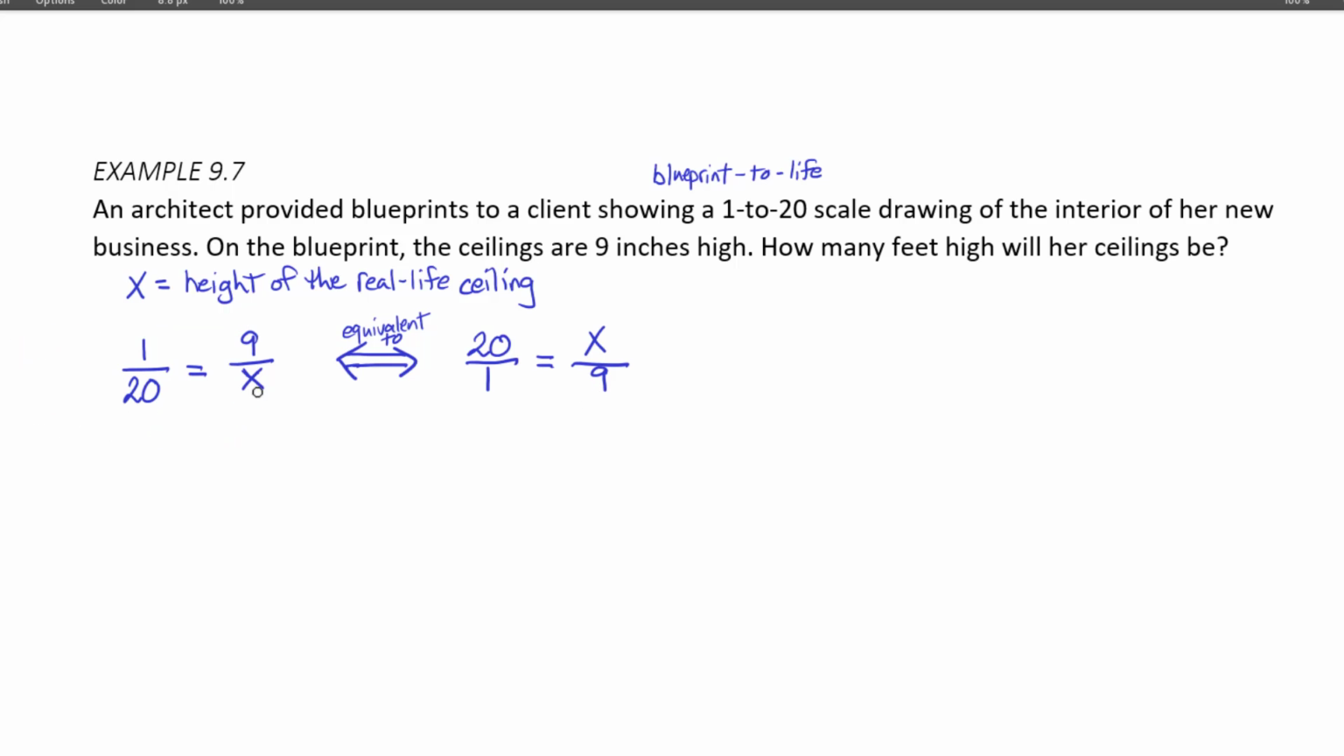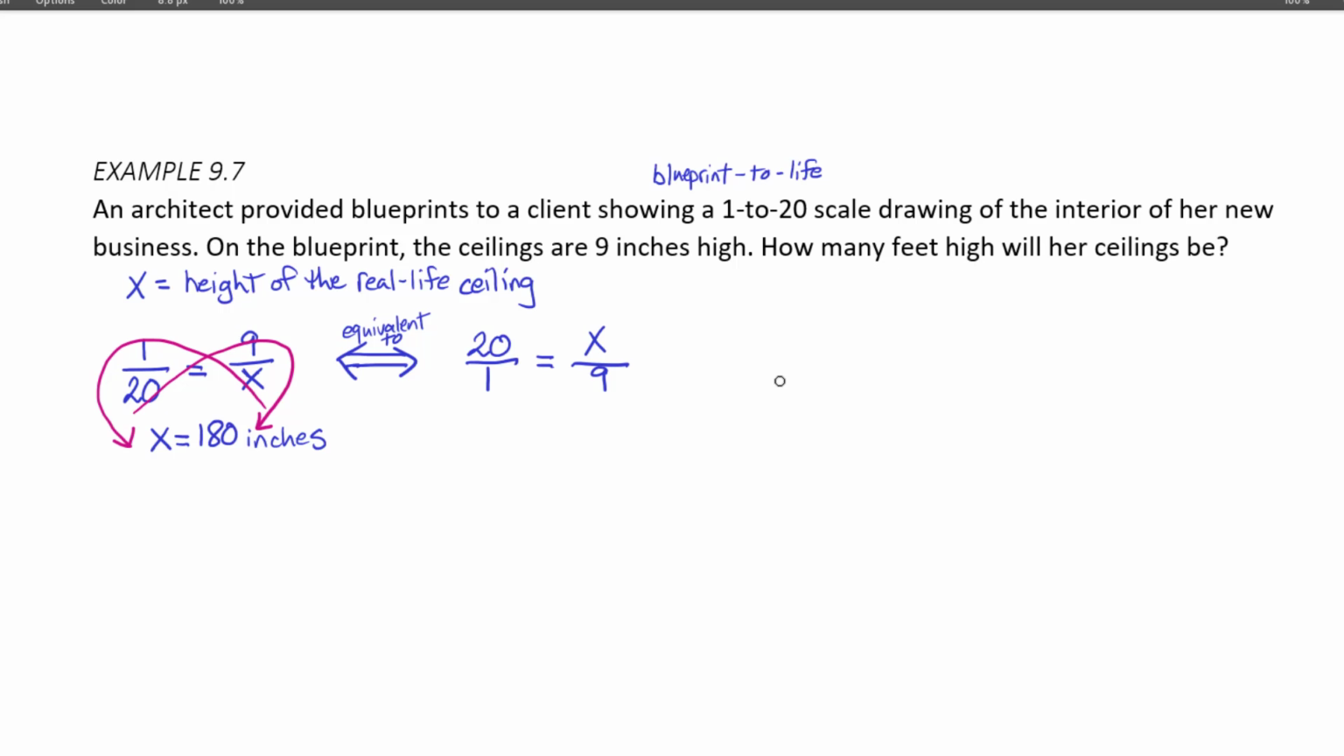I'm going to do this one. So X times 1, cross multiplying, and you get X. 20 times 9, cross multiplying, and you get 180. So X equals 180. Now this is going to be inches, and we're asked how many feet high will her